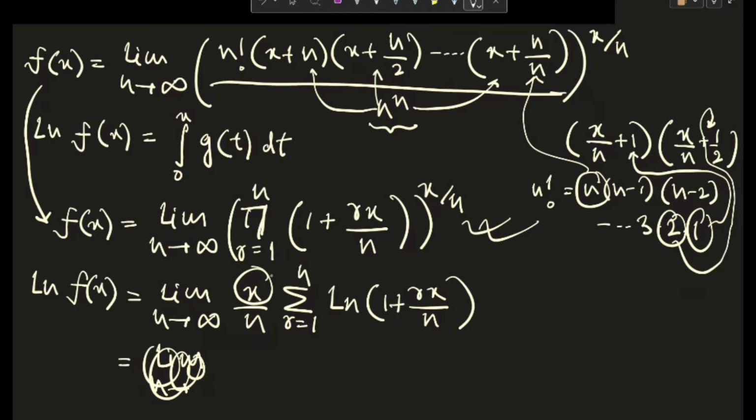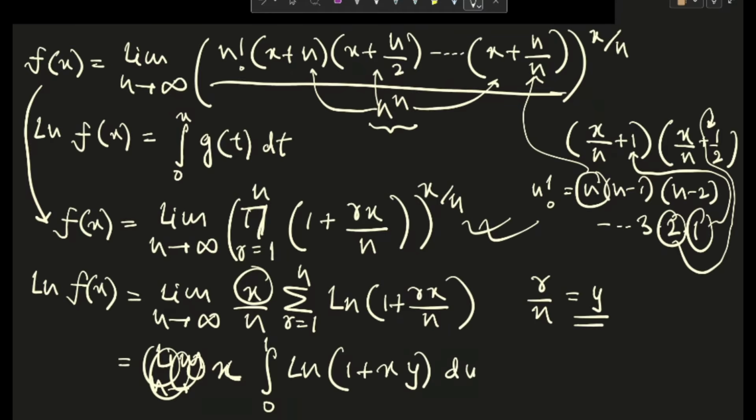So what I'm doing is I'm keeping x outside for the time being, and I am taking r by n, this thing, and replacing it with the variable y in the integral. I hope you can understand. So the integral from 0 to 1 will be the limits, very obvious, and this thing becomes ln of 1 plus xy dy. This is the thing we took, dy,